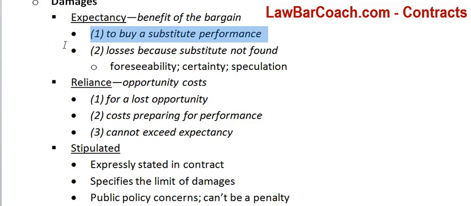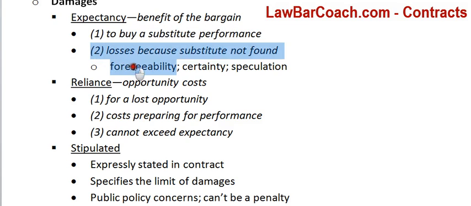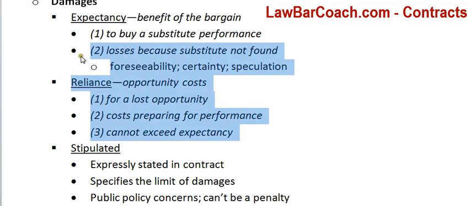If you were going to teach me guitar lessons and I was going to pay you $100, now I have to pay someone else because you breached. I have to pay them $120. That means you need to give me the $20 difference. There's also this concept between reliance and expectancy that gets a little mushy here. But the idea is that it's not just the difference covering, is what you call it, between the $120 lesson and the $100 lessons, which is $20.